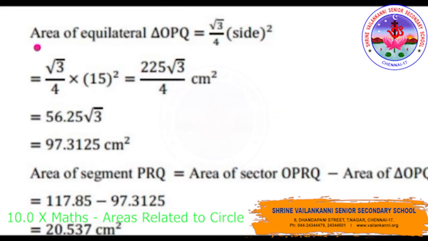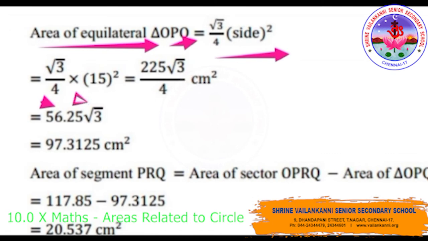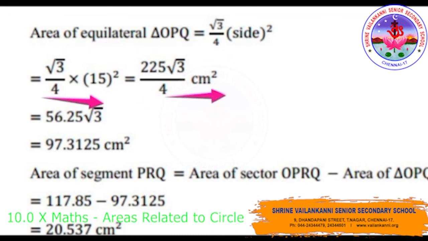Now I need to find the area of equilateral triangle OPQ, which is equal to root 3 by 4 into side square, where the side of the equilateral triangle will be the radius of the circle. So I will be writing side square as 15 square. Further simplifying, I will be getting 225 into root 3 divided by 4 centimeter square. Further simplifying, I will be getting 56.25 root 3 centimeter square. Substitute my root 3 as 1.732. I will be getting